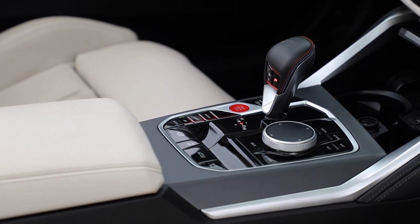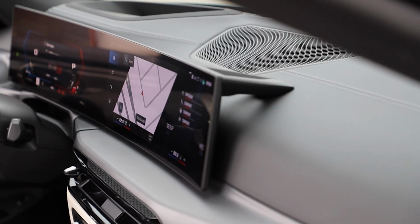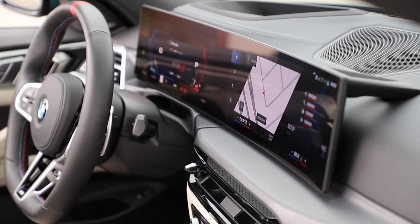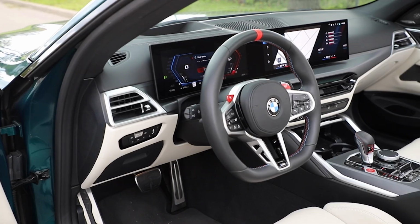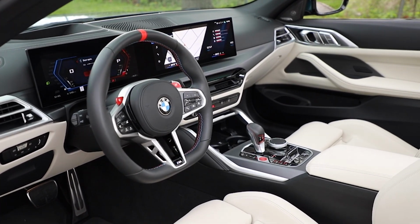One day that rotary controller will go away from all BMWs. Until then, I'm happy that it's here because it makes a big difference in the amount of attention you spend on driving itself. Rounding off, and you'll see what I mean in a sec, the last of the what's new,